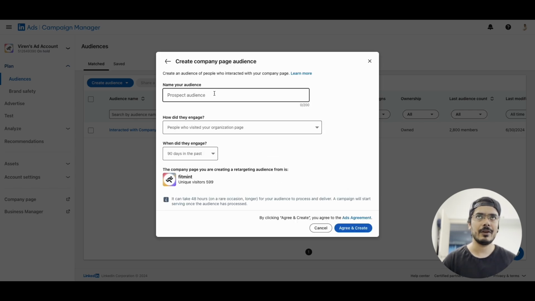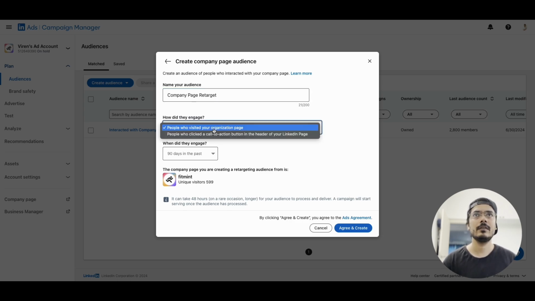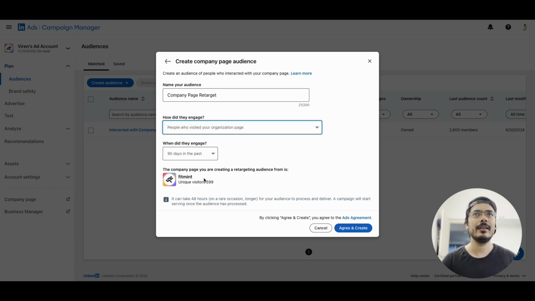So you could give your audience a name. And you can select how did they engage with the company page, right? People who visited the organization page or people who clicked on the call to action in your LinkedIn page, right? So if we select people who visited the LinkedIn page, this unique visitor number might be higher. And you can also select a time range. So if I go all the way 365 days, this number is going to be much higher, right? So depending on what this number is, you could select the time range as well, and then go ahead and